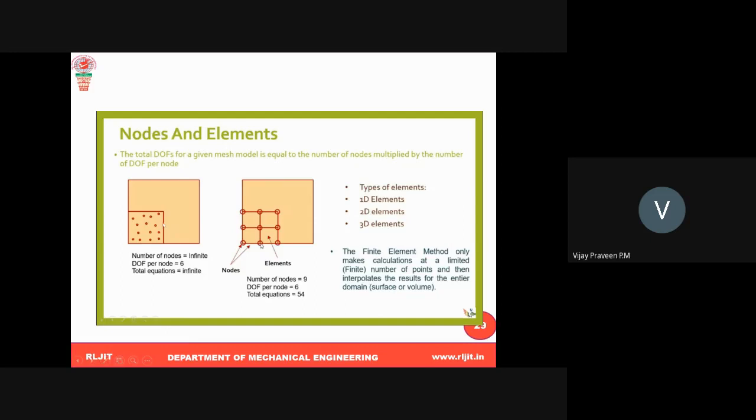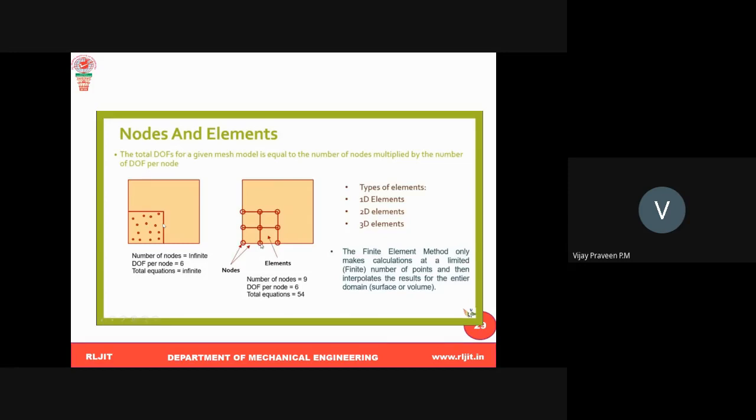If I did not divide, I would have to calculate infinite equations. It is nowhere possible to calculate infinite equations; it takes a lot of time. That is a very important concept. The main principle of FEA is to convert an infinite number of degrees of freedom into a finite number of degrees of freedom by which process? The discretization process: divide into a number of small pieces or elements. Therefore, the degrees of freedom are reduced.